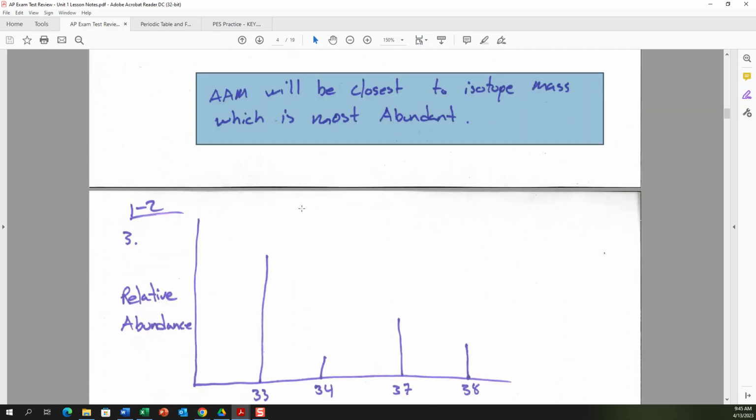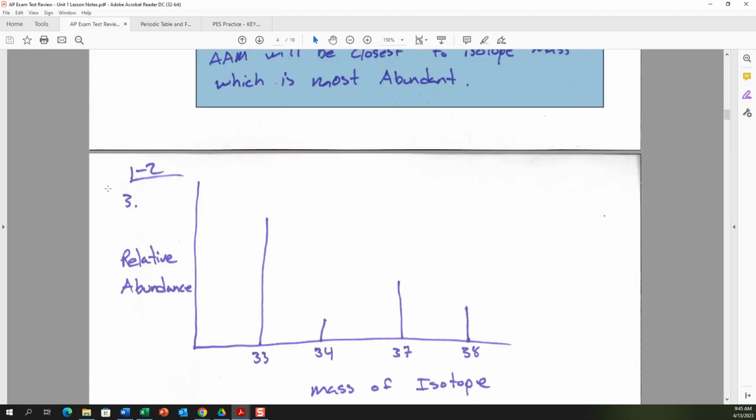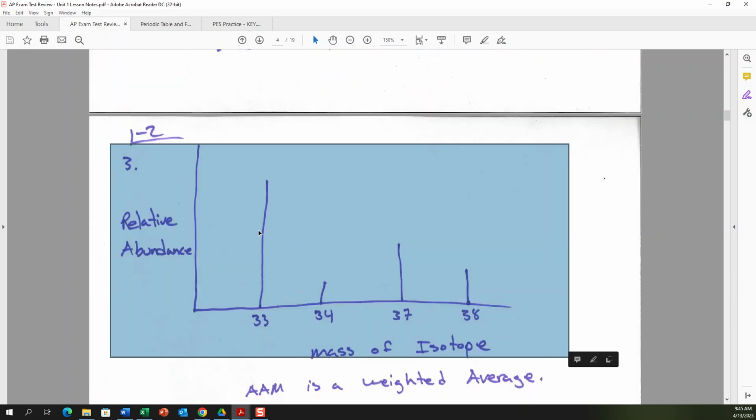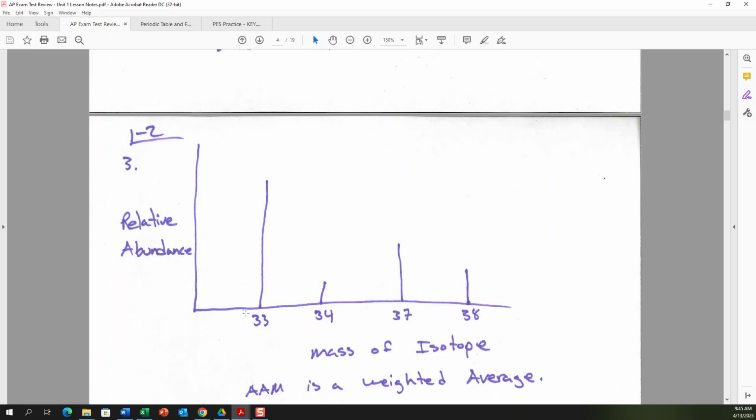Okay, now where does this data come from? It comes from something called mass spec, right? And here's an example of a mass spec readout. So here you have relative abundance, okay? And so notice whatever element this is, its most abundant isotope has a mass number of 33. So if you have abundance here, percent abundance, relative abundance, and you have mass number of isotope here, that's a